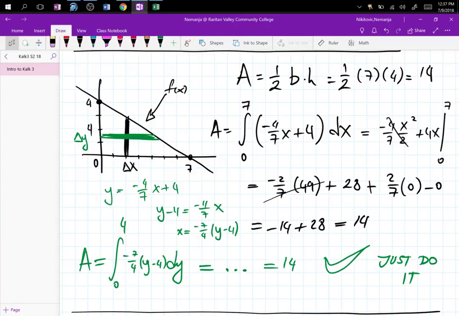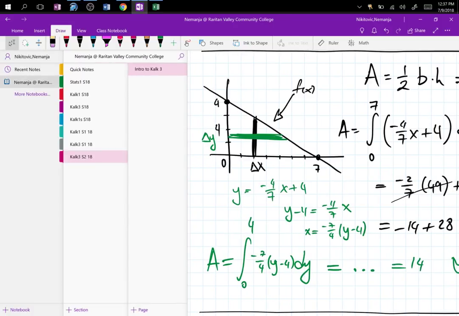If you switch to dy, it's going to be y1, y2, function in terms of y, dy. What you absolutely must know is the entire integral has to be x, x, x, or y, y, y. And then the order in which it goes. Because soon enough,